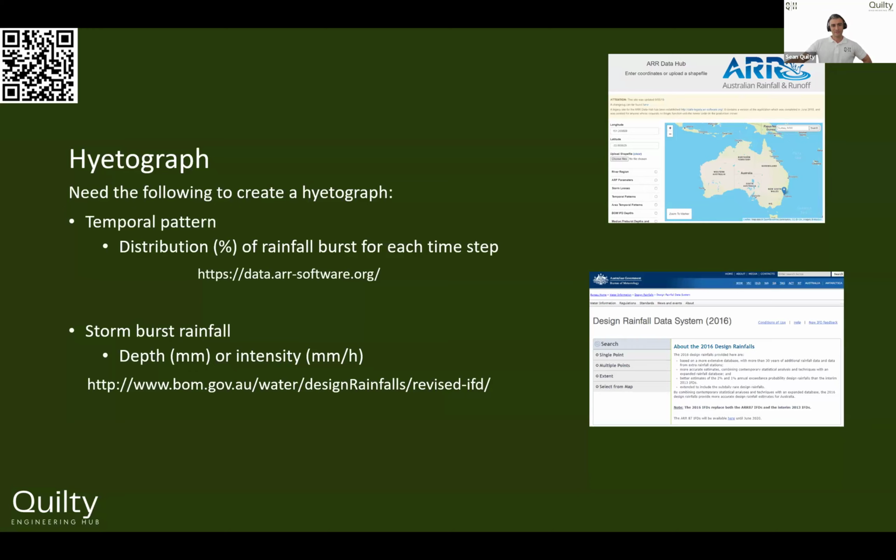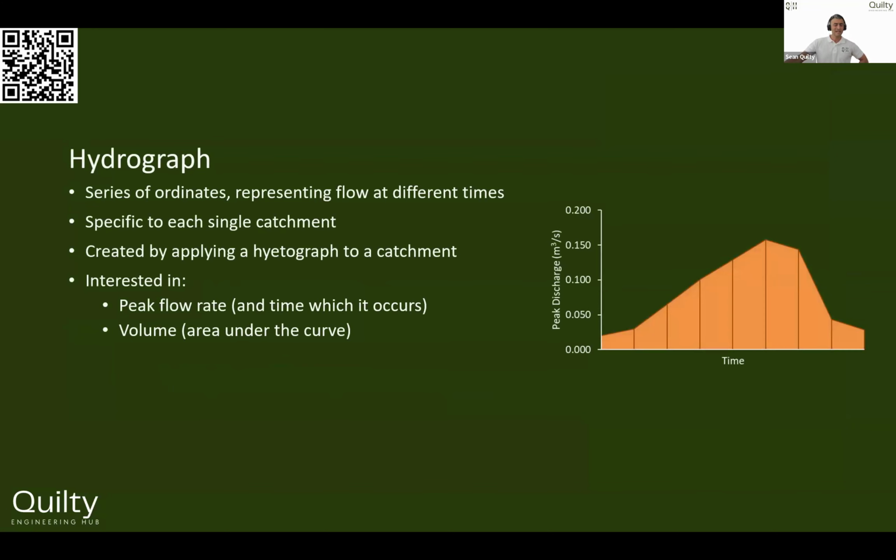So once you've got your hyetograph and you have your catchment, then you can essentially model the water dropping from the sky, hitting the catchment, and then starting to run off and then ending up at the outlet of your catchment, or the bottom part of your catchment. So that's where we run some pretty simple calculations, or the computer software will do it for us. And we will then create the same time steps at every 5 minutes, say, but we'll be able to see what the peak discharge is for each one of those time steps. So that will be dependent specifically on the catchment. If you have a different catchment, you'll have a different peak discharge.